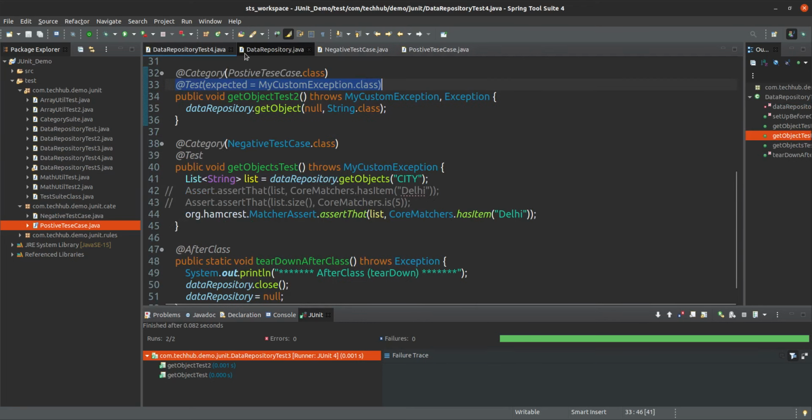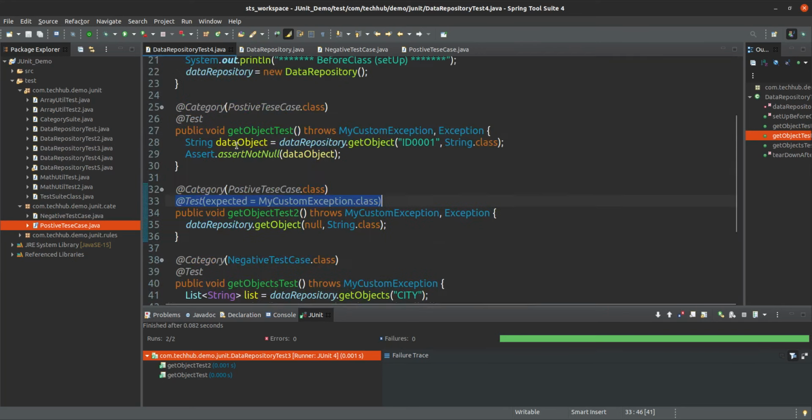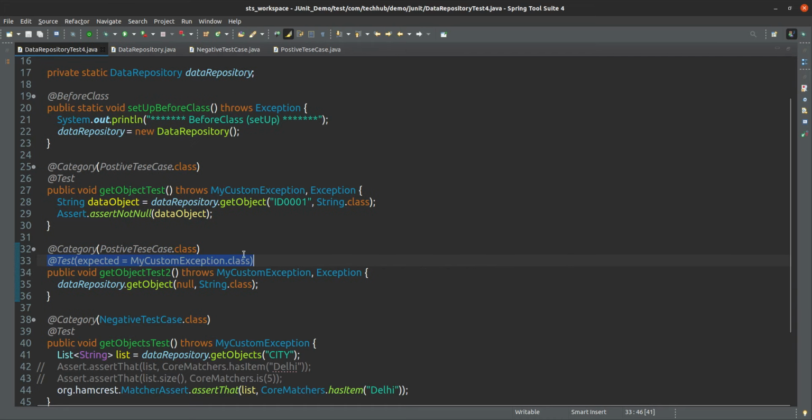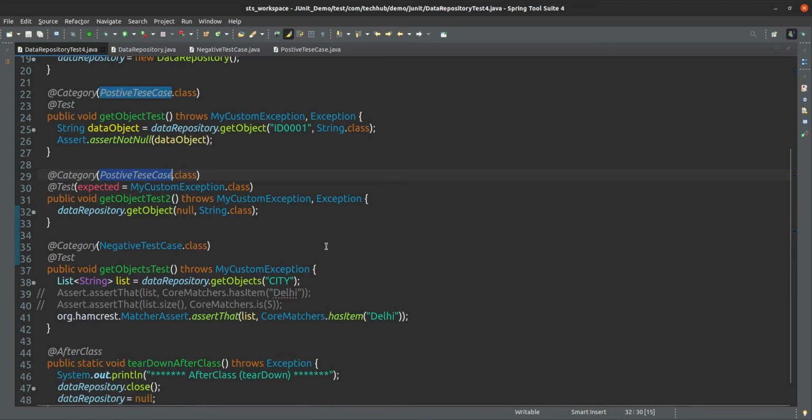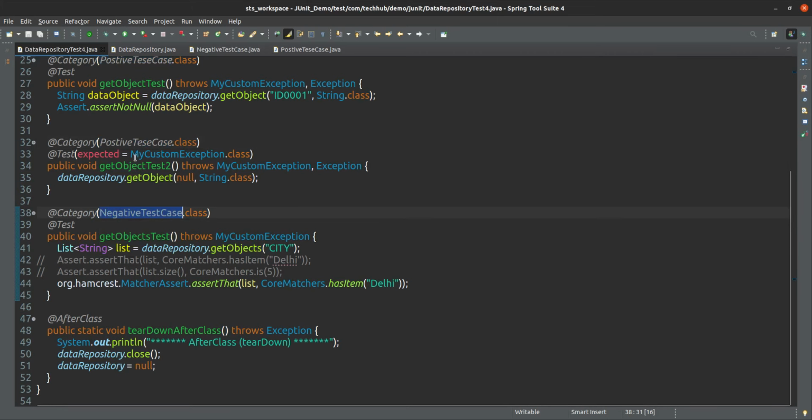I have marked this in the data repository test 4. Here you can see what we did. Category, this is a positive test case. Oh sorry, this one is also a negative test case, because it is throwing an exception.